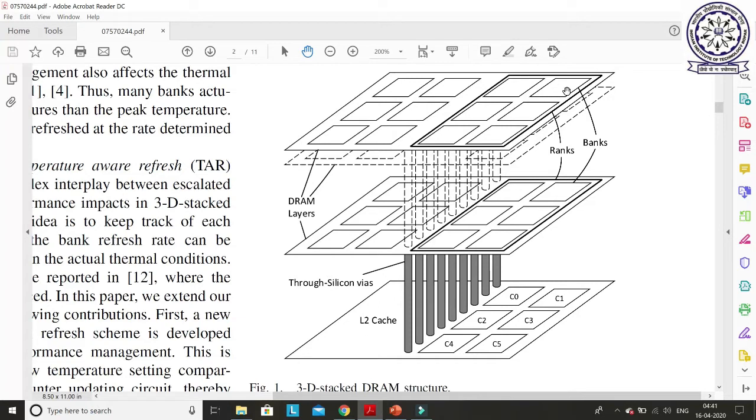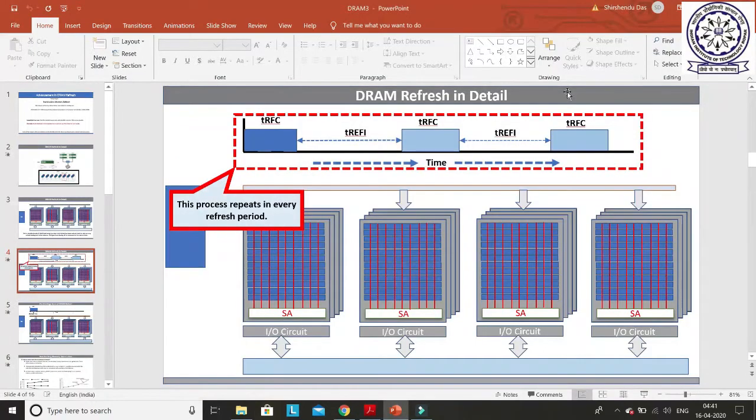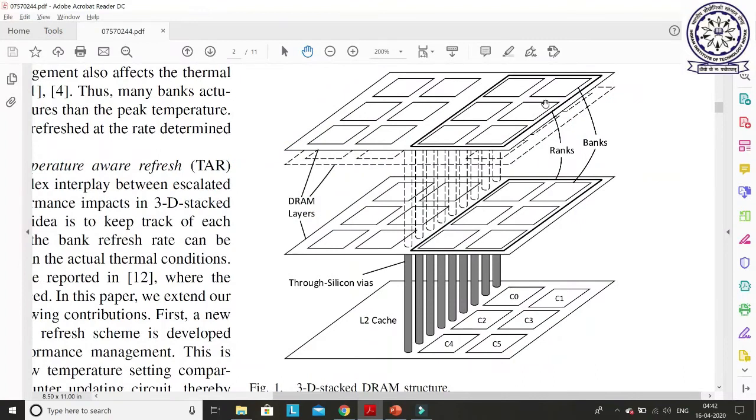If we relate this design with the earlier design, since this is a rank, if the memory controller supplies a command here, then all these chips will execute this command simultaneously. Here they are not showing any chip, so you can consider that this is a chip and each chip has only one bank. If you consider it this way, then you can relate this picture with that picture. So we will now only consider that this is a bank.